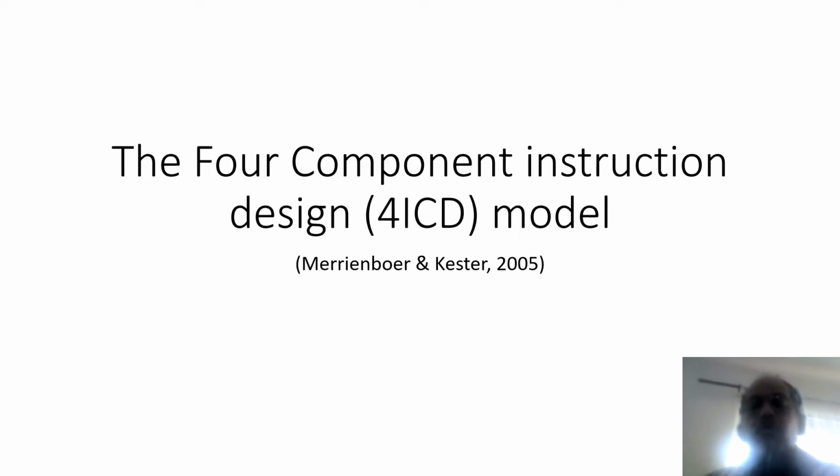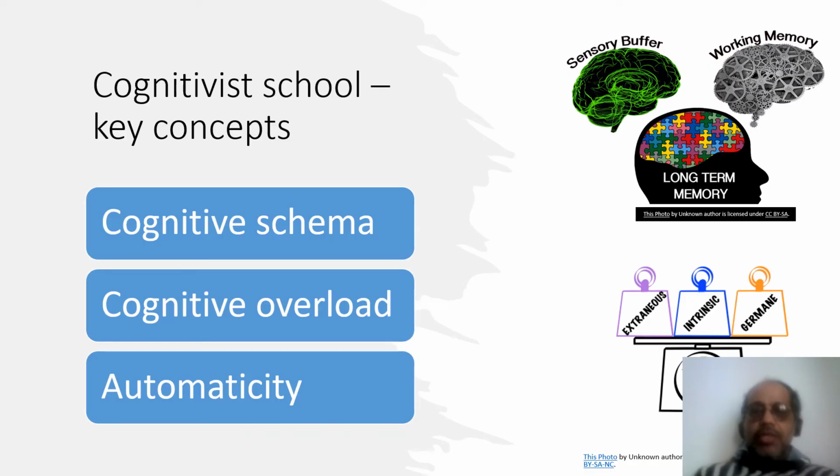The four-component instructional design model provides us with a potential model for doing vocational education. The four-component instructional design model draws on cognitive science, which uses certain key concepts. The first key concept is the notion of a cognitive schema, or what they call mental maps, because their argument